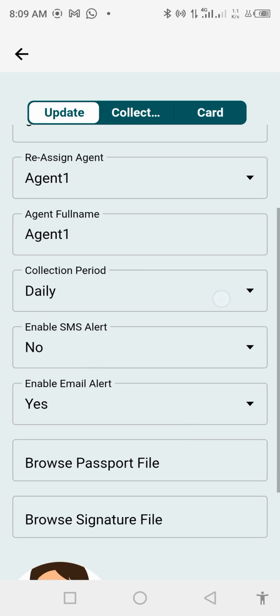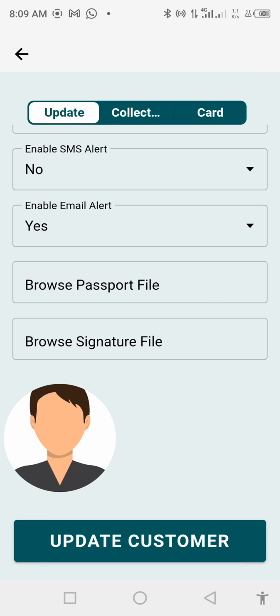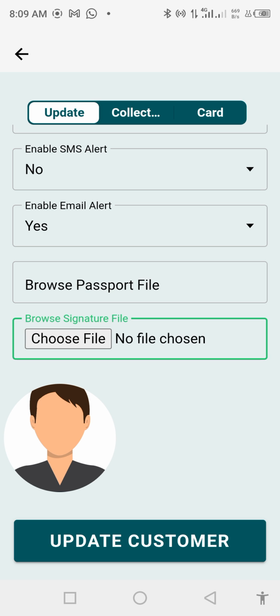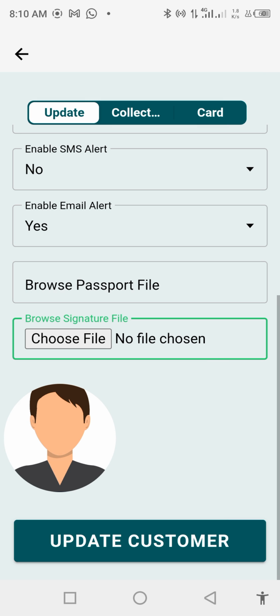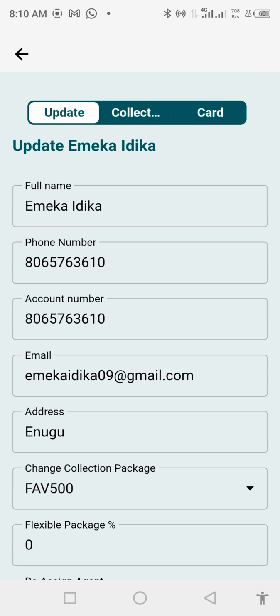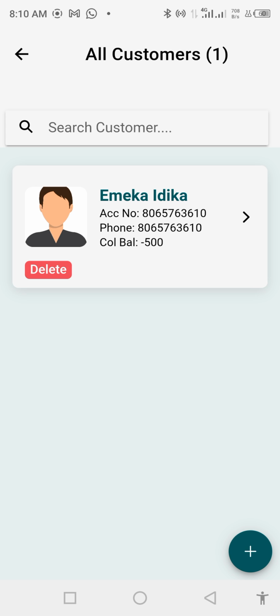So you can also update the customer, update their signature. You can also scan their signature or snap it and then upload. This one is what you can do later. So that is for this. So let's see how we can